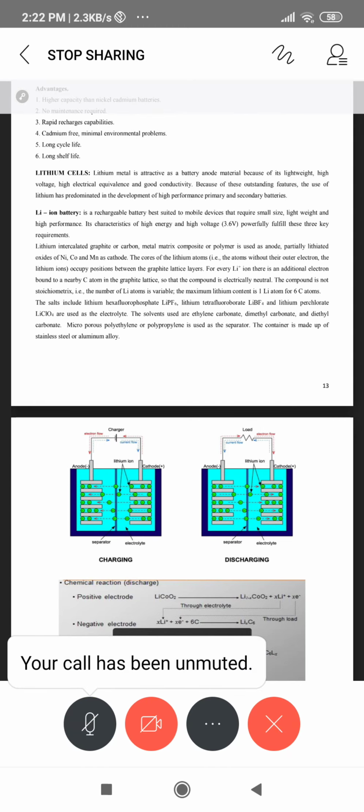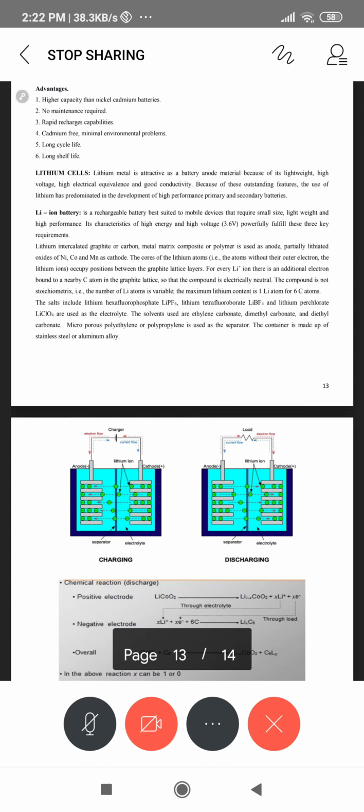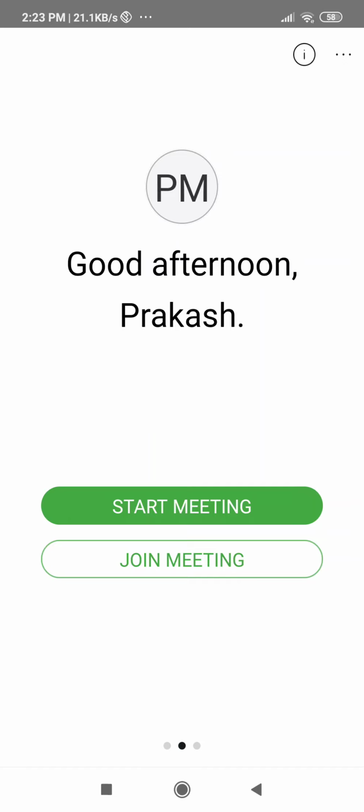In producing this 6 volts, the cost of electrodes and all those things is too much. So lithium is used as the anode in larger percentages, and lithium cobalt oxide is used as a cathode, so it can produce 4.5 volts. Instead of 2 cells of 12 volts we can make it 3 volts, but the cost of the cathode is very less and the reduction and oxidation potential is more.